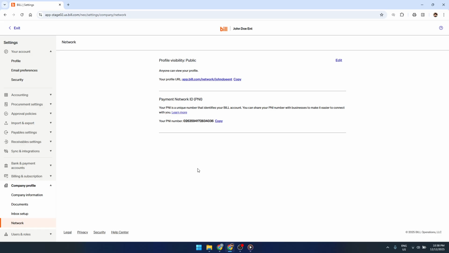Once you've found your payment network ID, the final step is to share this ID with your client. You can send it to them by email, chat, or whatever communication method you normally use. Let them know that this is your Bill.com payment network ID and that they should enter it into their own Bill.com account. From the client side, they will log in to Bill.com, go to their network or vendor search area,